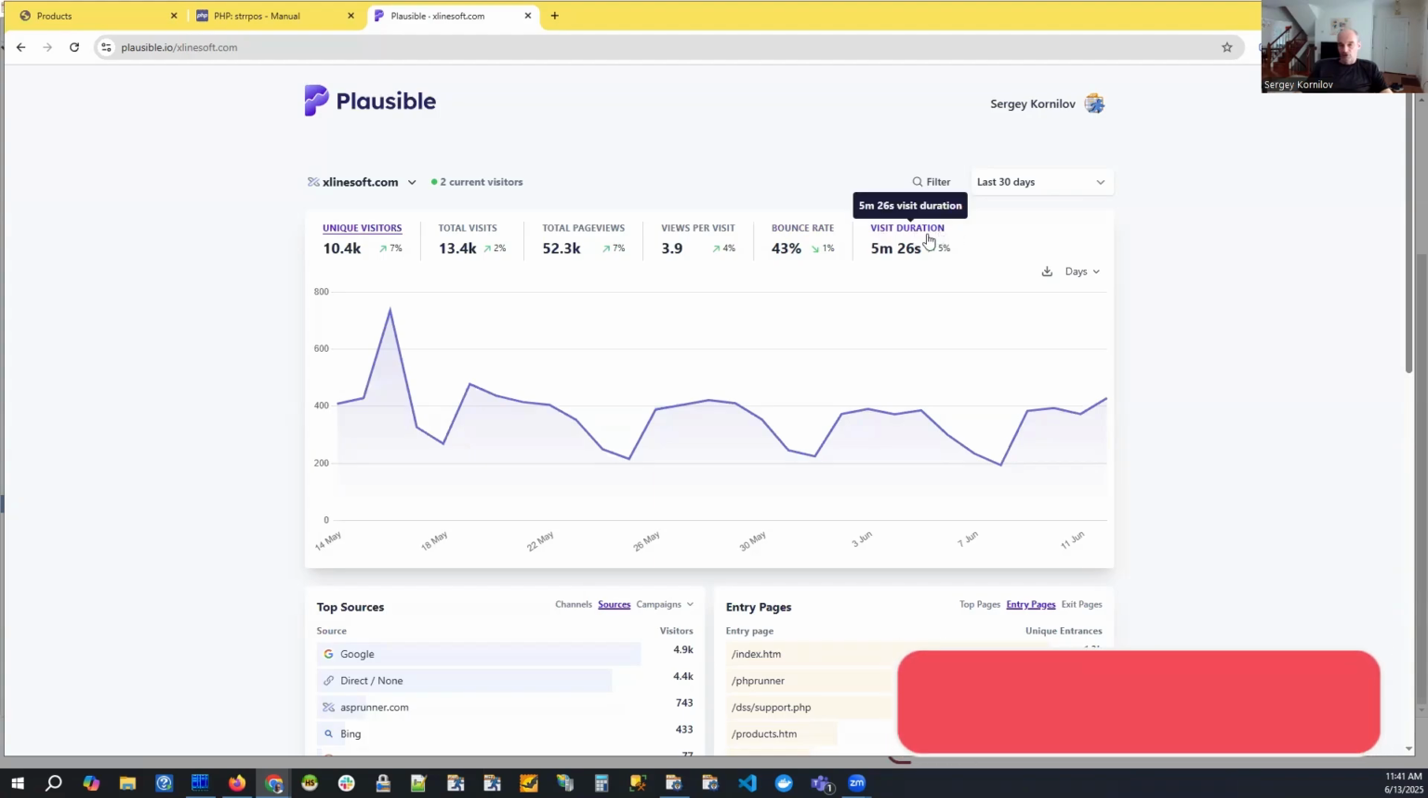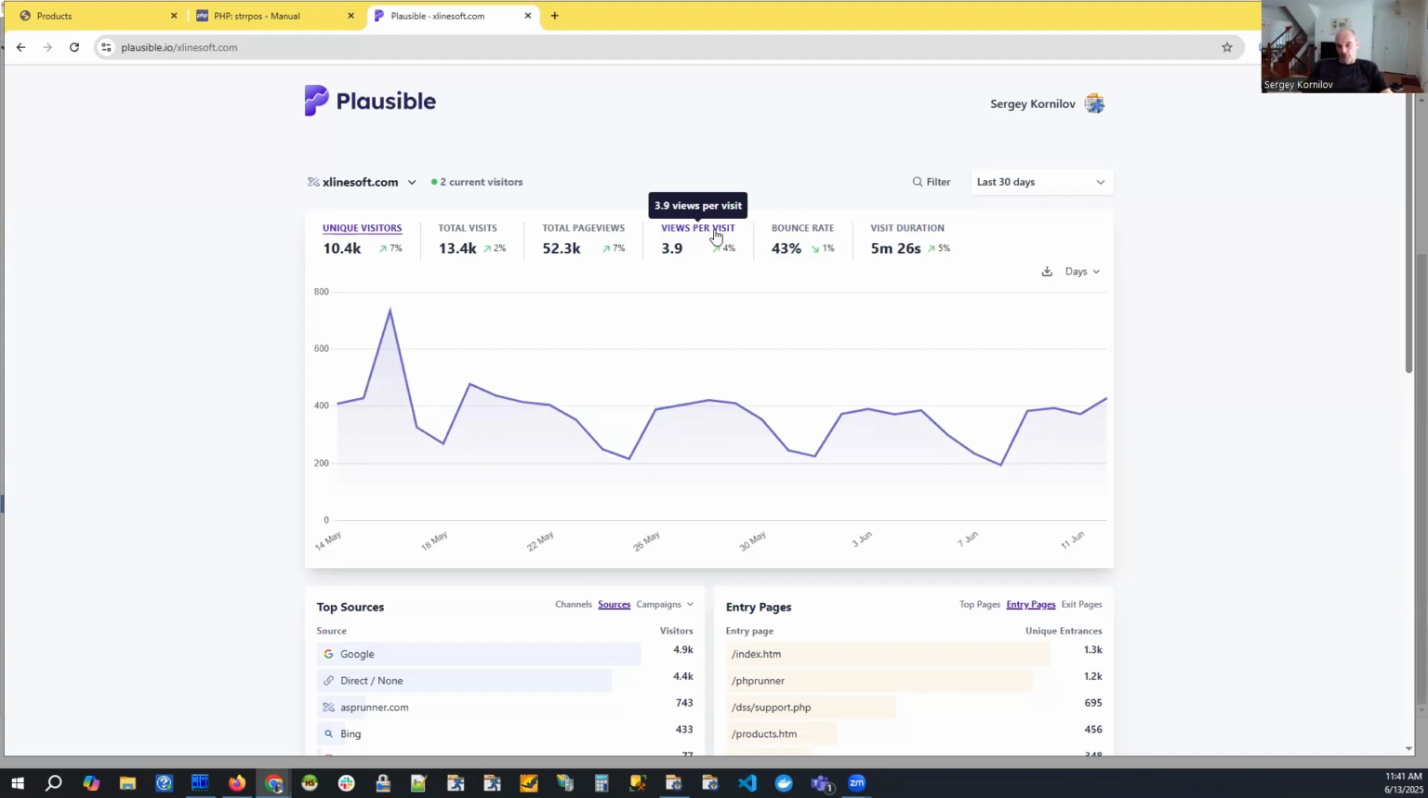And visit duration is also interesting. So let's see what we can do about views per visit or per session and visit duration. I think this is interesting. This is probably something that is going to be a little bit more complicated, and maybe we need to change something in our data collection part, but let's start with views